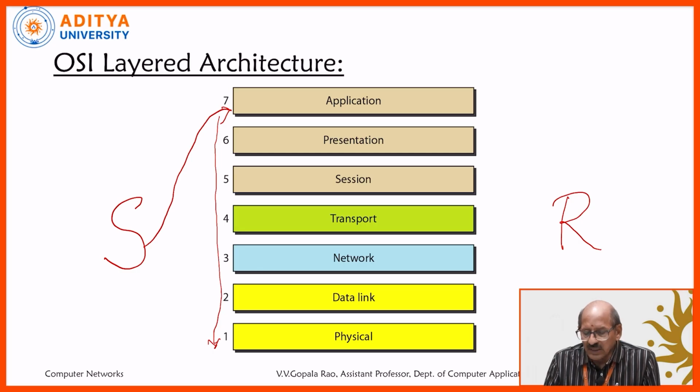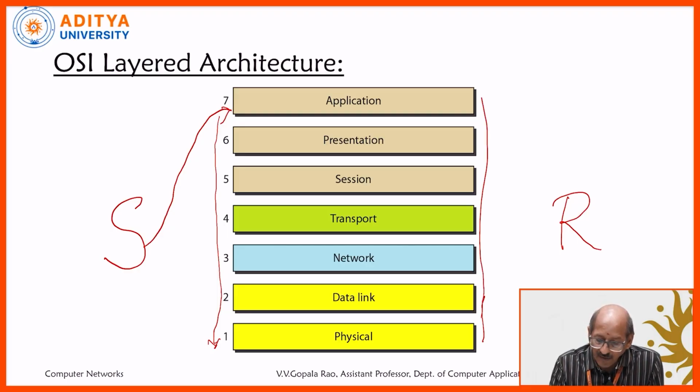Whereas at the receiver area, the physical layer is the closest layer. Through that layer the transmission finally reaches the destination, and from there it goes to the data link layer, then the network layer, the transport layer, the session layer, and the presentation layer. Finally it reaches the application layer, and after the application layer you find the receiver.